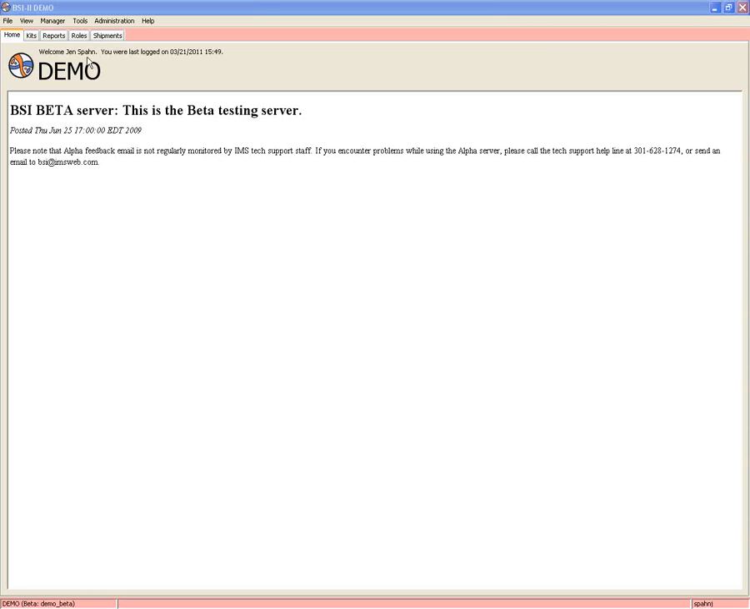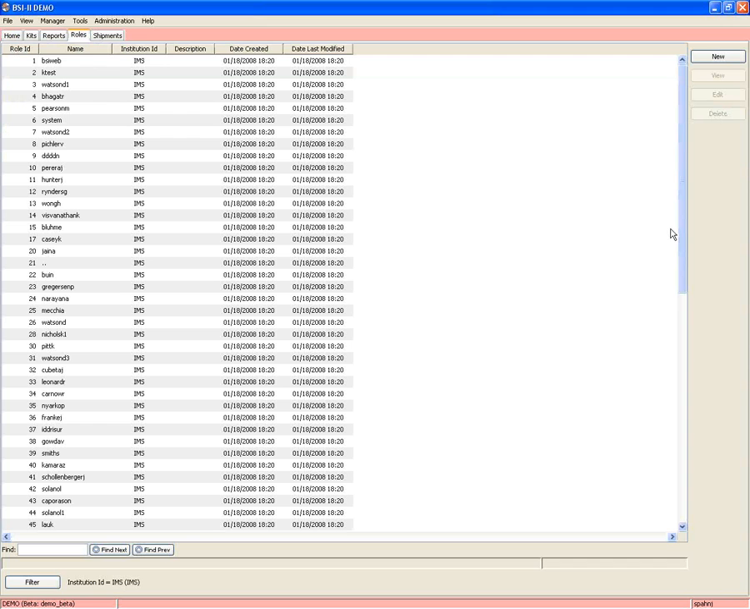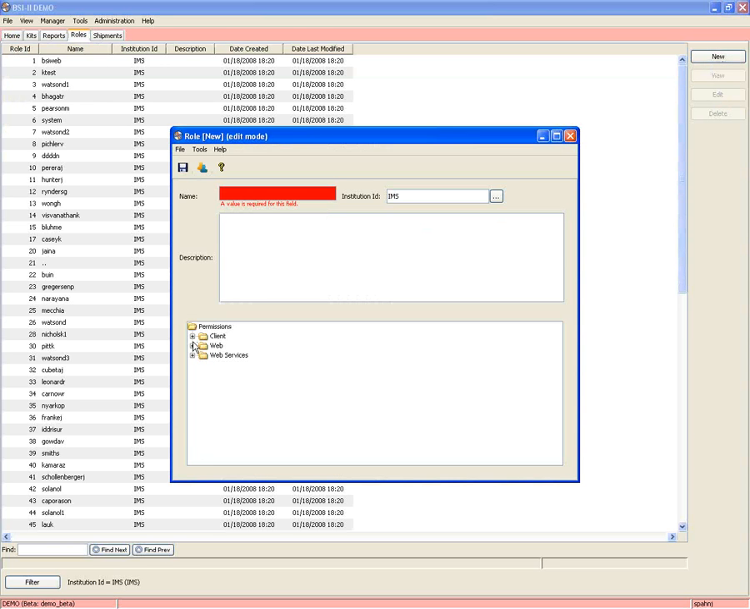So the first thing I'd like to show you is the role permissions. There are several new role permissions for adding kits. If I go to the roles and press new, and then expand the client permissions, I can see there's a new section for roles, for kits,